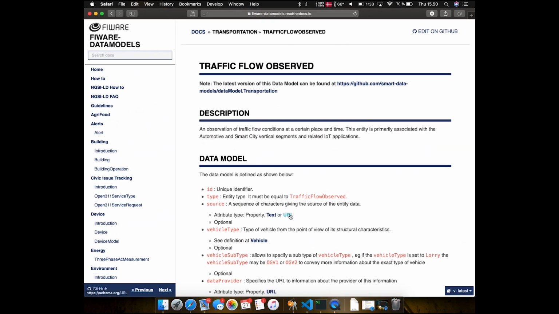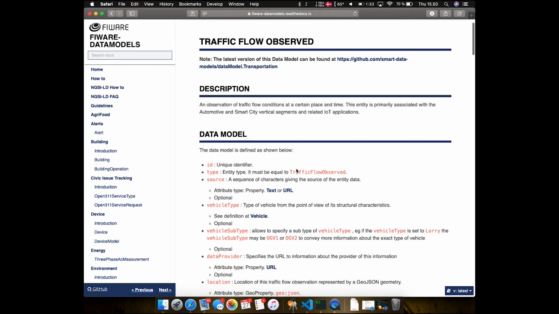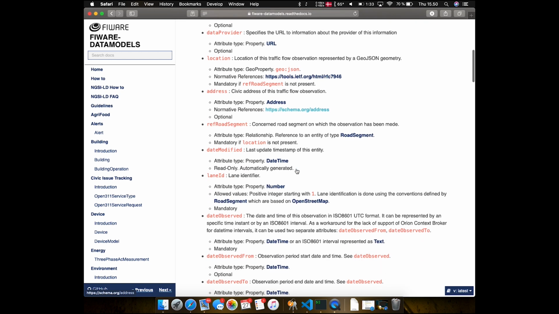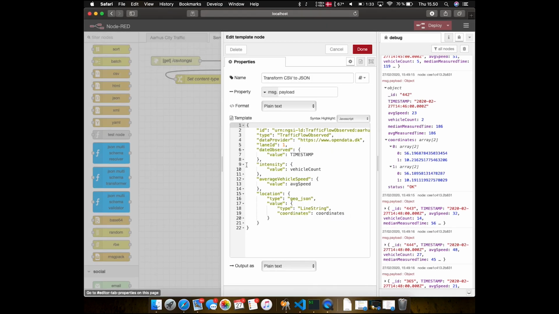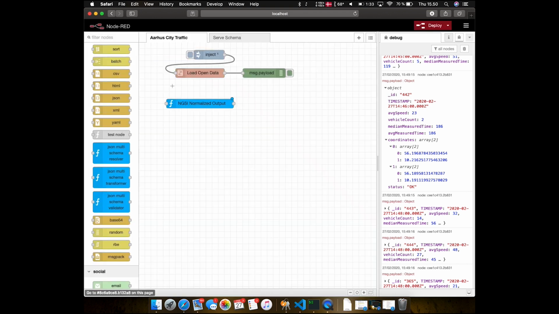this one. So what we want to build is traffic flow observed from this comma-separated format. All the data models that we've been using are shared data models that are open sourced, and you can find them online. This is the specific one we want to generate. And we need to map it between the parameters in the legacy system with these NGSI ones. I've prepared a formatting, and this is what it looks like. This is the transformation into NGSI using the values from the comma-separated file. And if I link this to my data, like so,